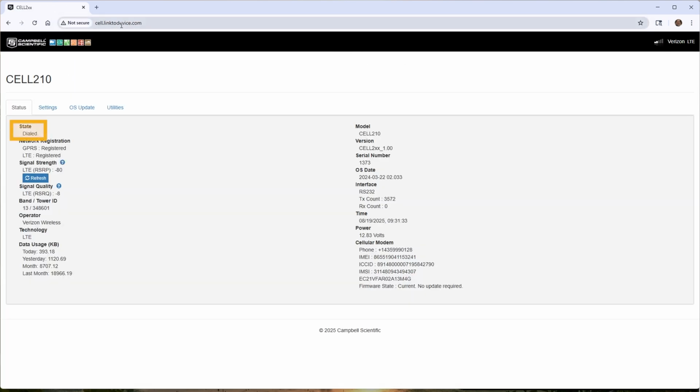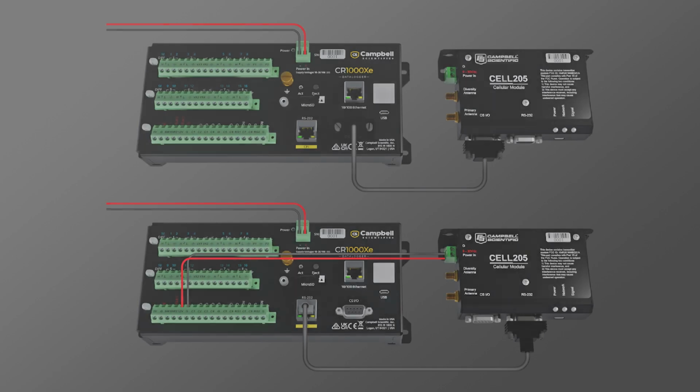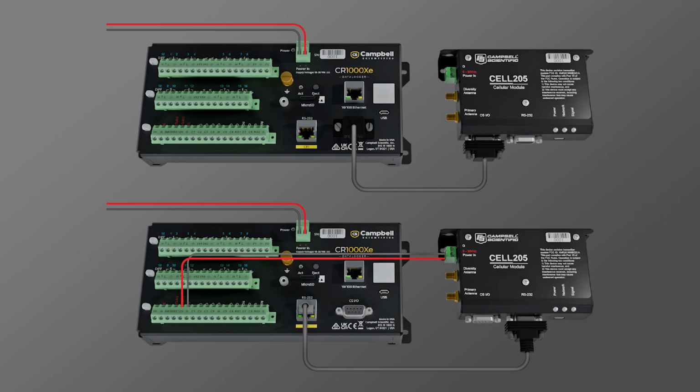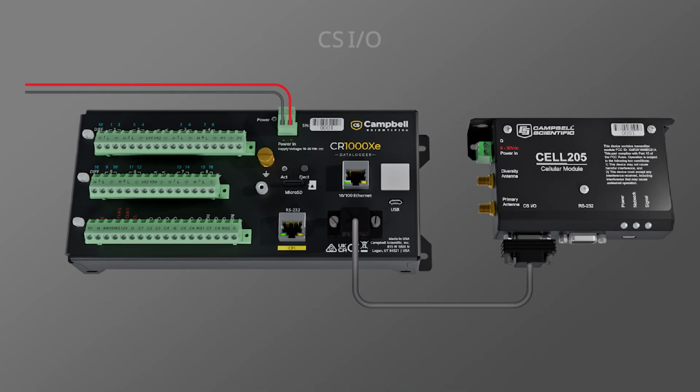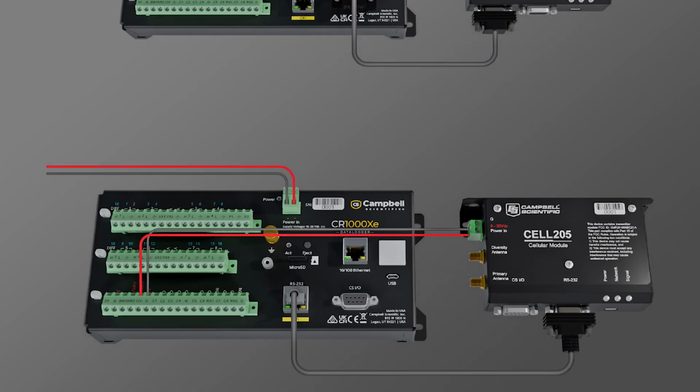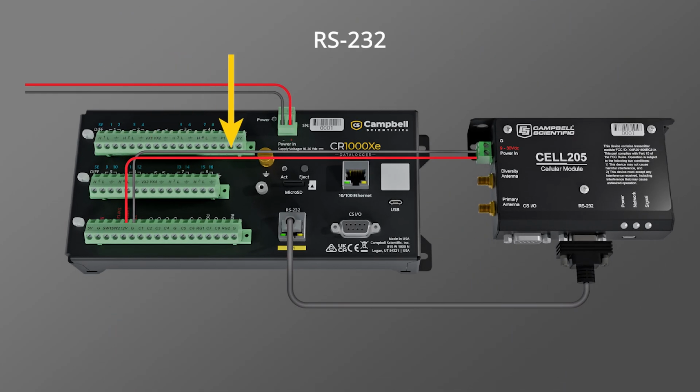Check the state field for any power failures. The power field should show approximately 12 volts DC. If no voltage is shown, double-check the wire connections between the modem and data logger. If the modem is connected on the CSIO port, then it receives power from the data logger. However, if the modem is connected on the RS-232 port, the modem requires an external 9 to 30 volt DC